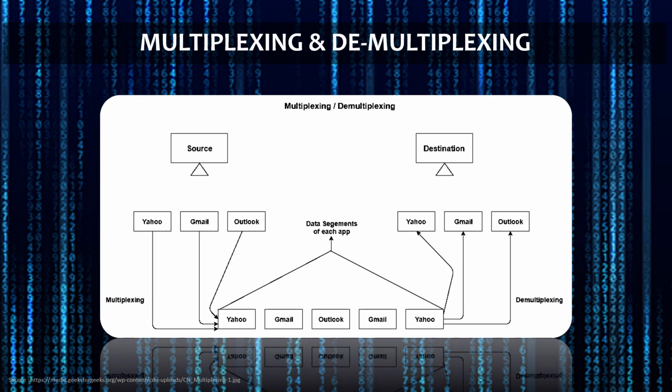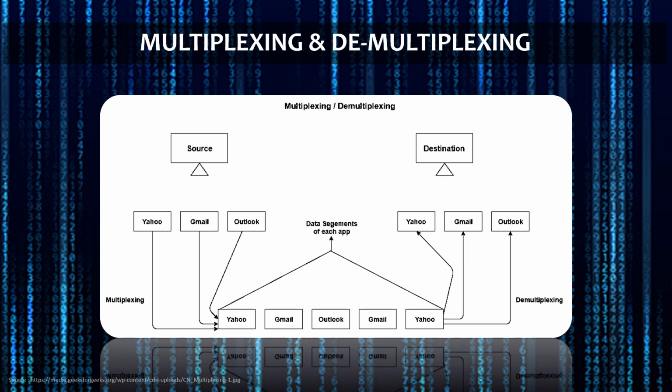Suppose we are sending the data through different applications, for example 10 different applications. It does not mean that it should have 10 different cables, 10 different buses or 10 different channels, right? We have only one channel, and through that one channel we need to send all the different data of all the different applications. So what we are doing is wrapping up the data in one packet, or in different packets.